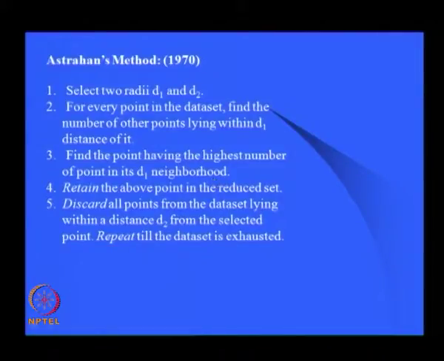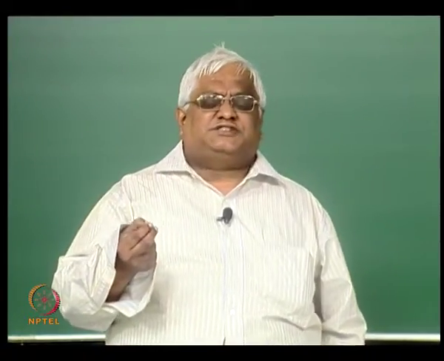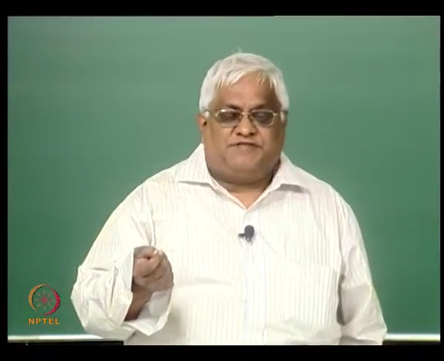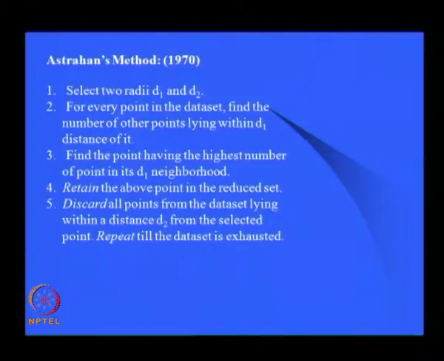Basically, for each point you consider a radius of d1 and then you find how many points are lying in that radius. That means you are measuring the density of every point. Now, you are going to find that point having the highest density,